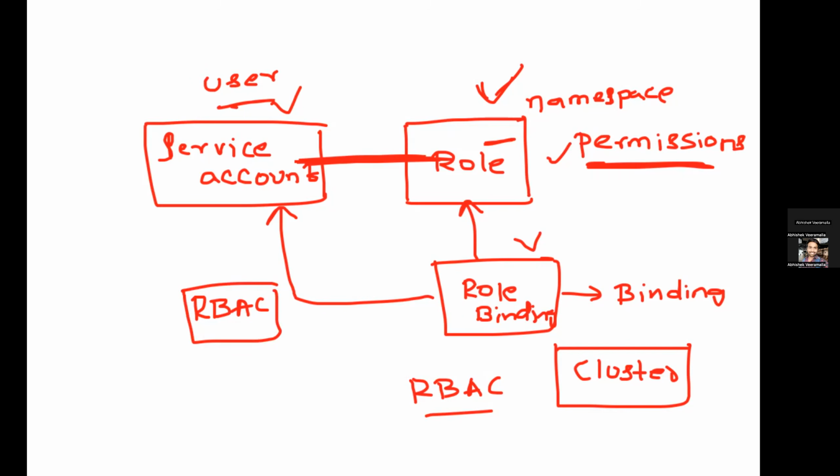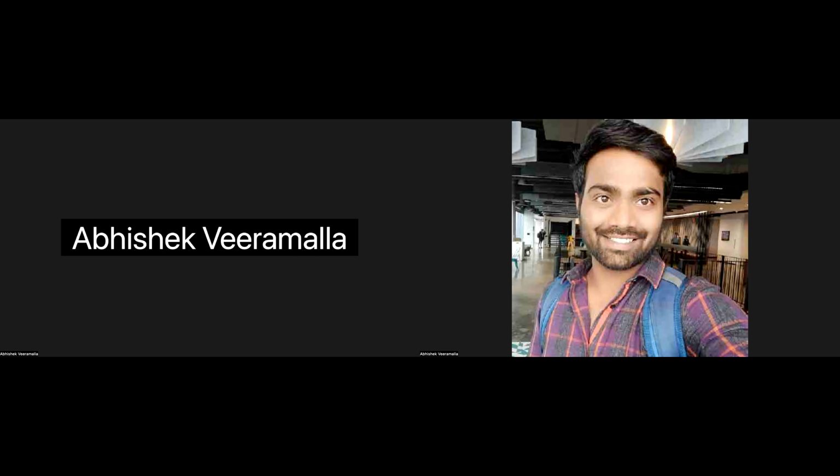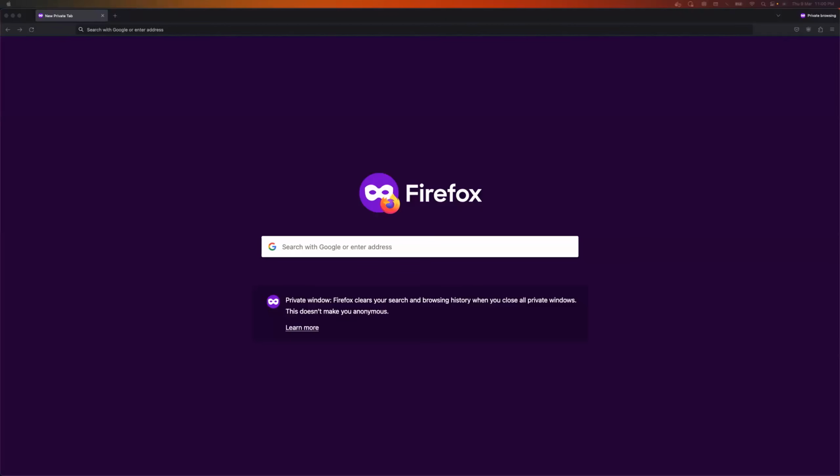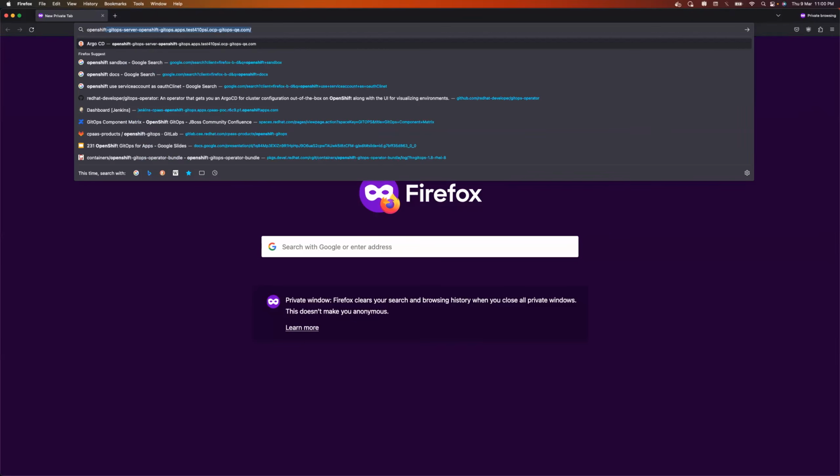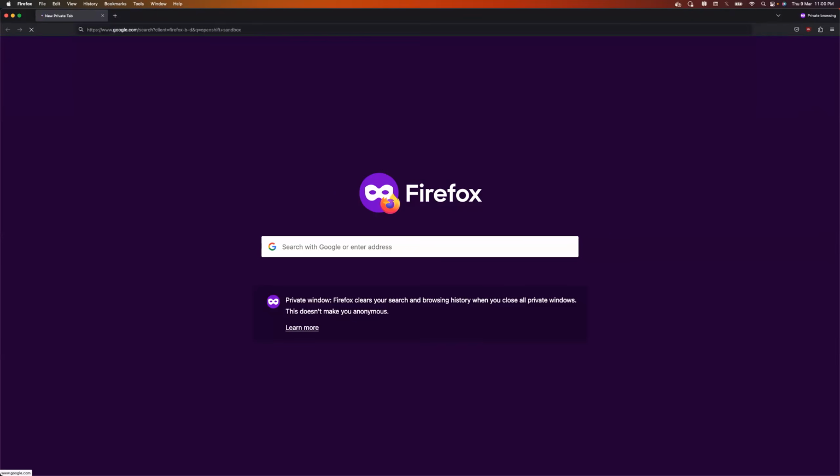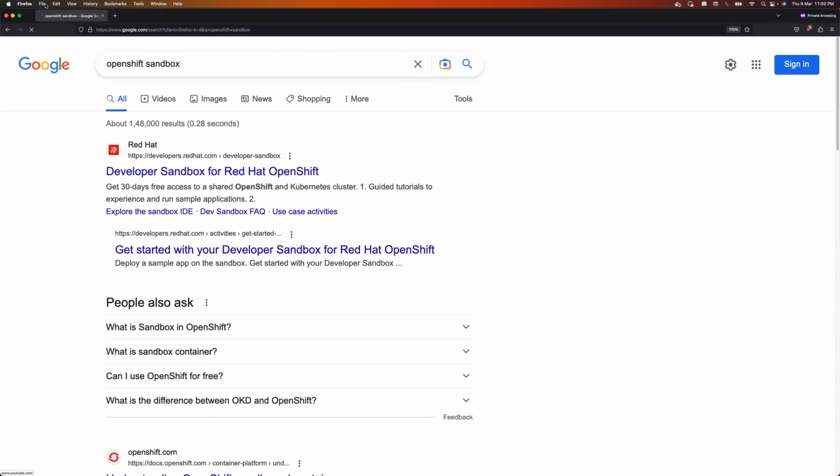So let me stop sharing here, and let me start sharing the other screen. Perfect. Got it. Right. So I hope you people are seeing my Firefox screen, right? I opened an incognito window and just searched for OpenShift Sandbox. Okay, so OpenShift Sandbox, once you open this one, you will notice that you will get